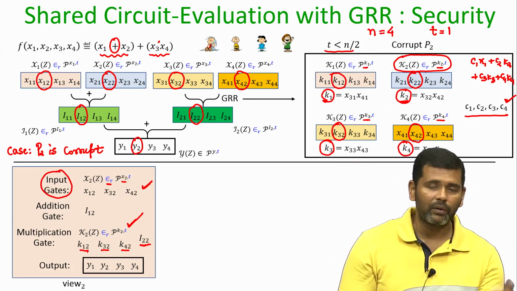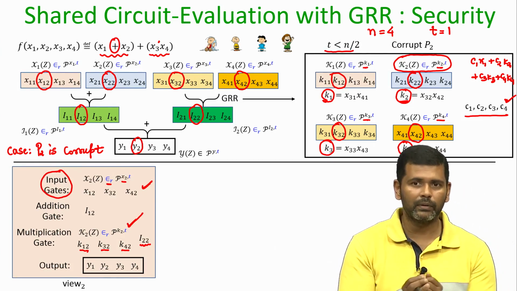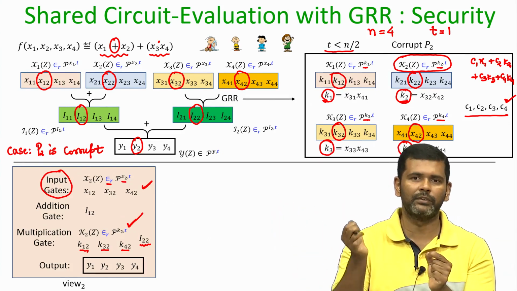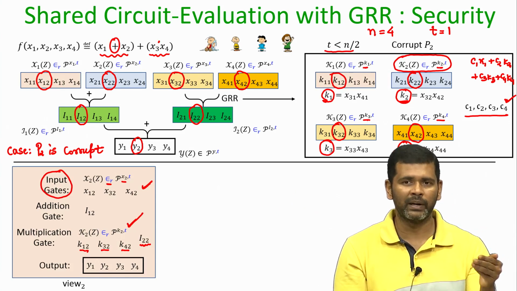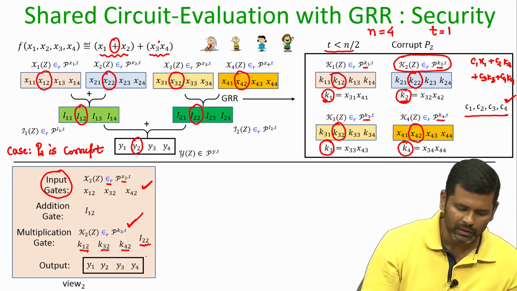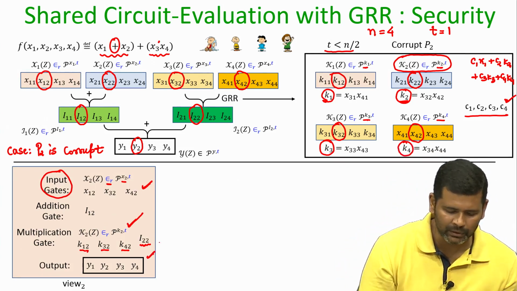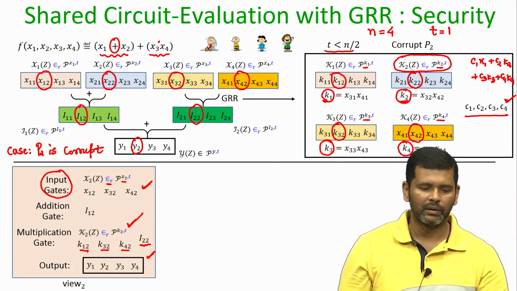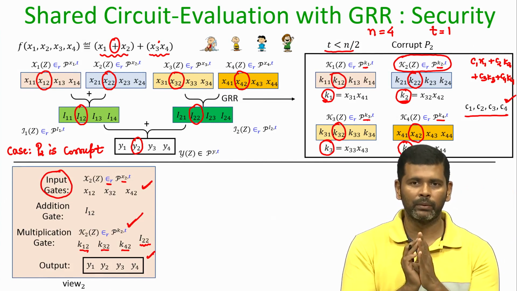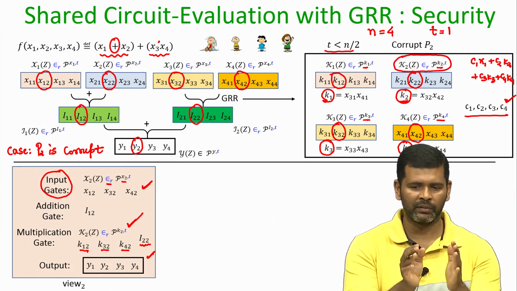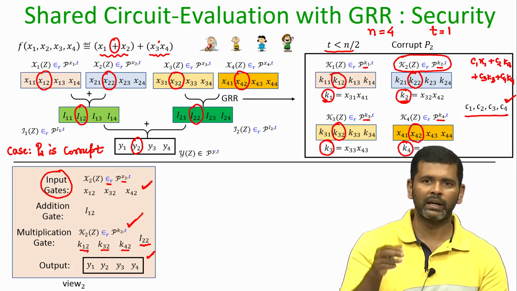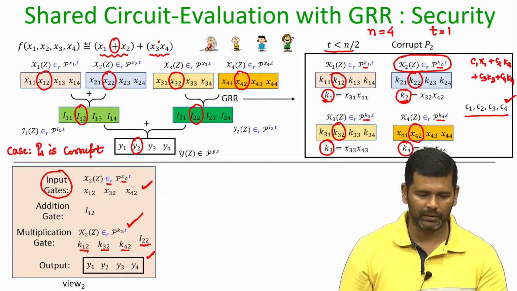view 2, and now during the reconstruction phase, apart from Y2, every other party would have communicated their respective shares of Y to P2, namely Y1 would be made public, Y3 also will be made public and Y4 will also be made public. So, the full vector of Y shares will now be included in view 2. That is the information which is seen by a potentially corrupt P2 in an execution of the BGW MPC protocol, assuming that we are following the GRR degree reduction method.